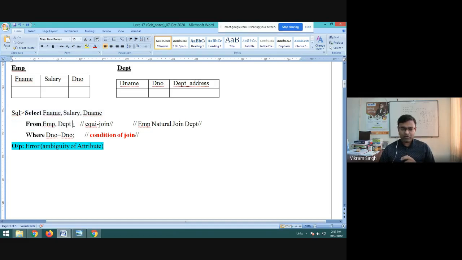If we access this part only, it will create what? It will simply create a Cartesian product, right? And Cartesian product will not serve our purpose actually. It will have a lot of repeated values. तो अगर आप इतना रन करेंगे तो ये तीनों कॉलम तो आ जाएंगे, ये तीनों एट्रीब्यूट्स तो आ जाएंगे, but it will have multiple repeated occurrences of multiple values just because the Cartesian product creates some kind of cross product